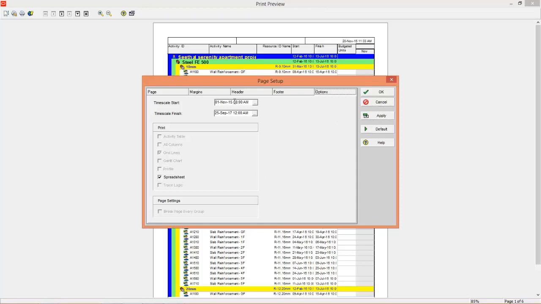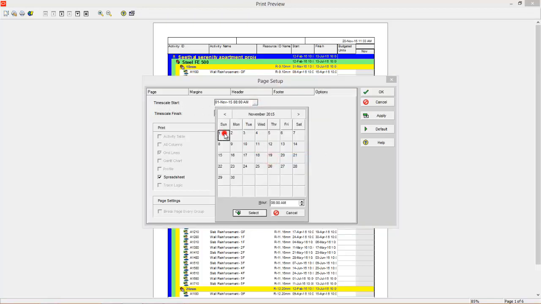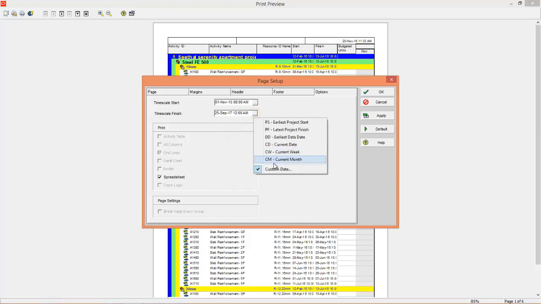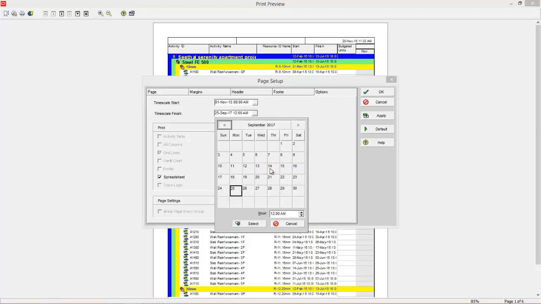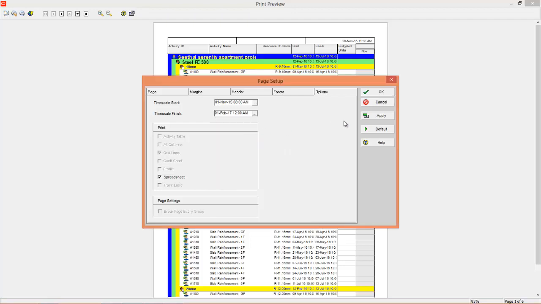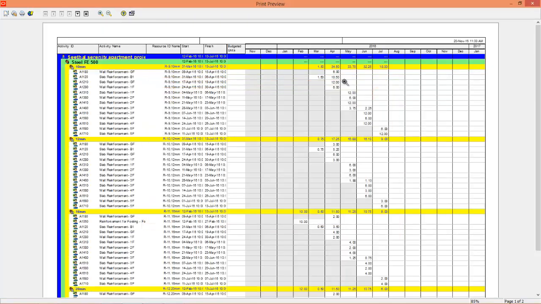And if you only want to print 3 months, you can set the time scale here from November 1st to February 1st. Press apply. You will generate a steel schedule of 3 months. So this is how we prepare steel schedules. Similar way you can print out the concrete schedule as well.